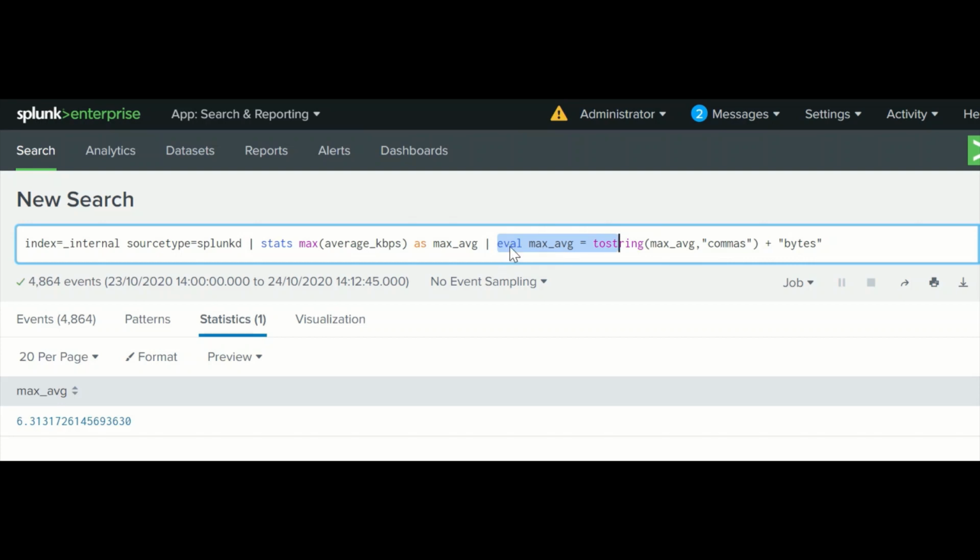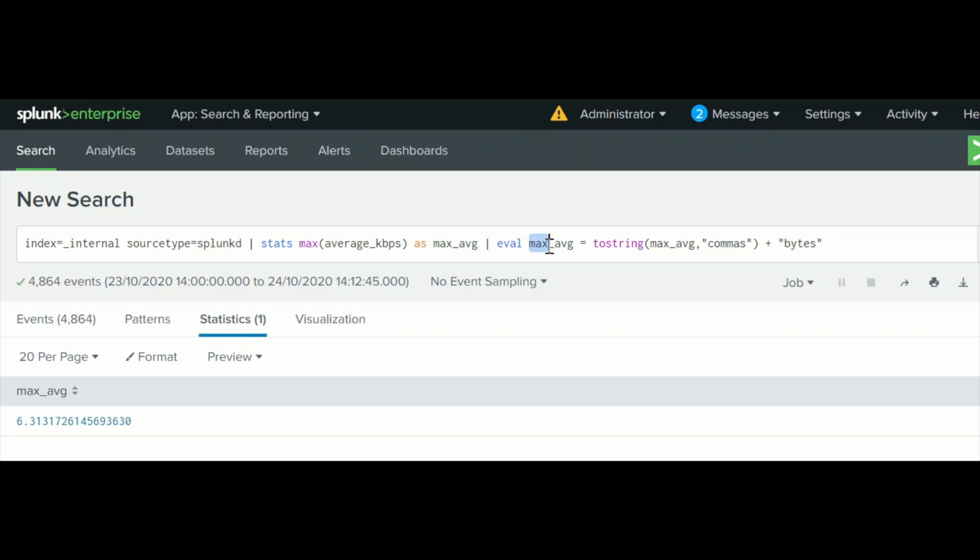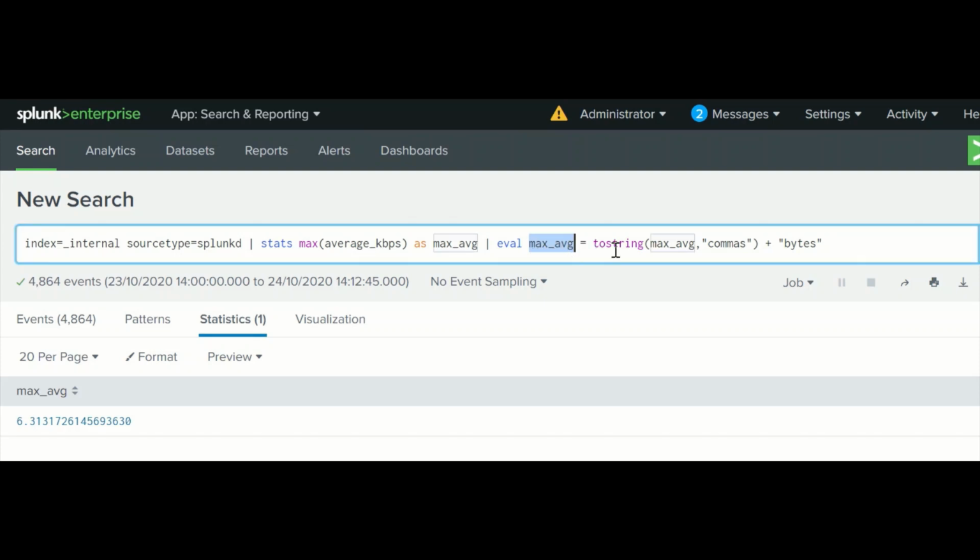Again this is called a function, and this is the new variable we are creating through eval. You can see the assignment: the output of this will be assigned into this variable.